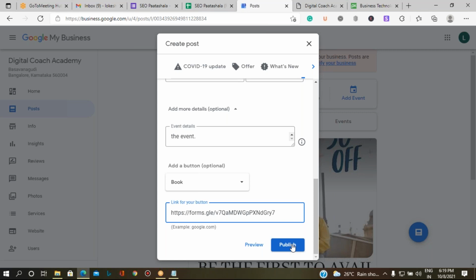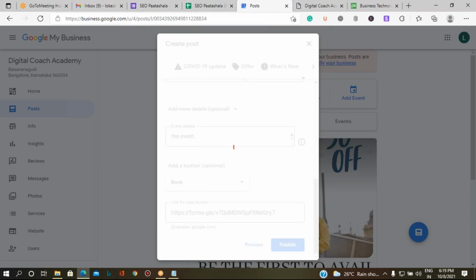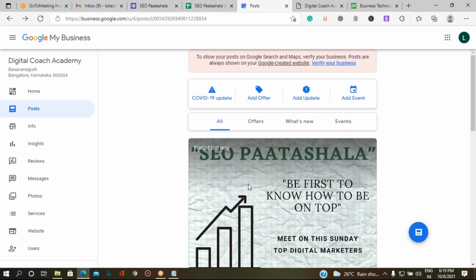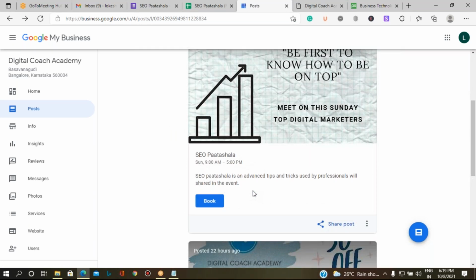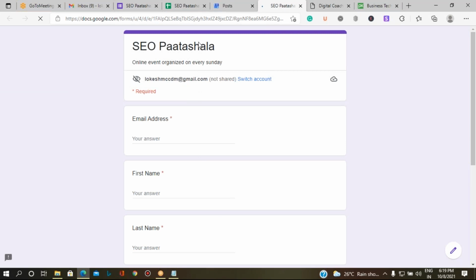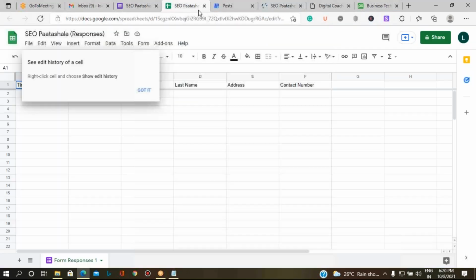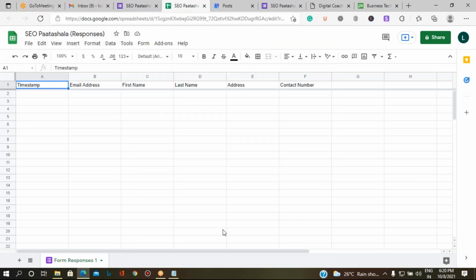Good. So now if I publish this, it is going to show like this. When people click on this button, it is going to open with this kind of form. Once they fill this up, automatically it is going to show the report over here.